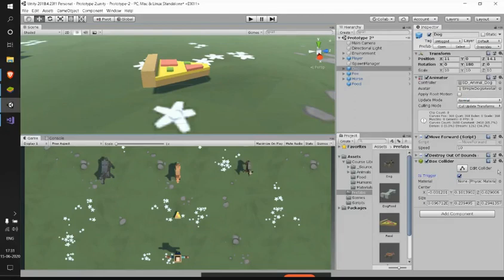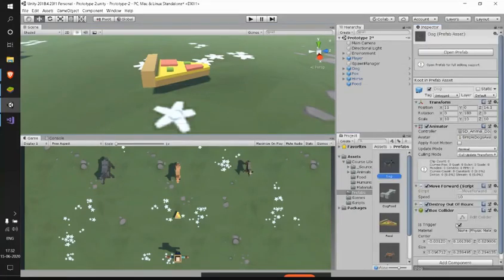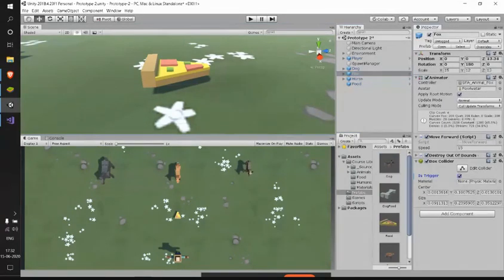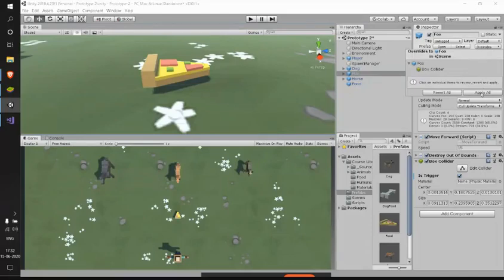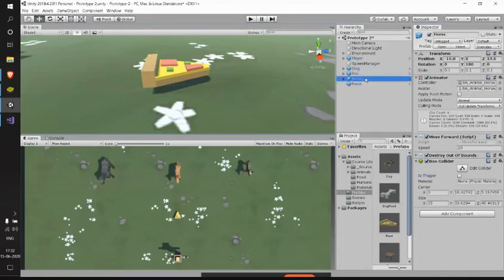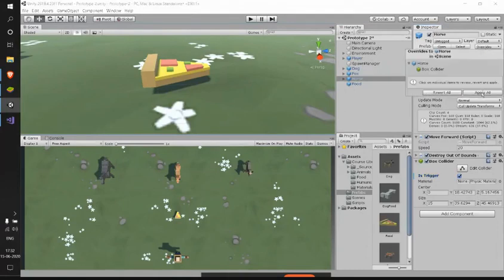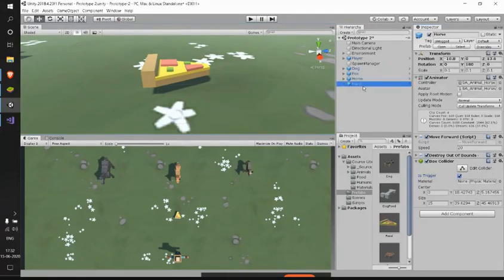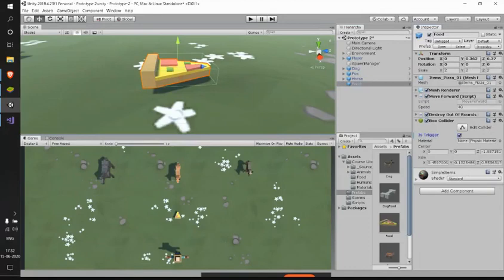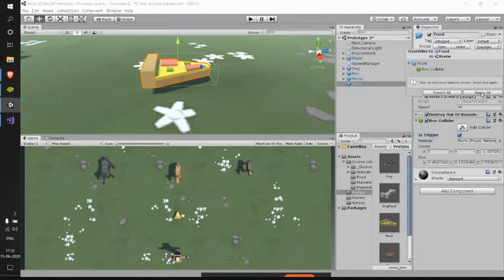Like you made some change here, right? In the box collider you need to apply all so that it reflects in our prefab also. Same with our fox. Just click Is Trigger and override this, apply all. Coming to horse, check Is Trigger, click apply all. Coming to our food, do the same thing, Is Trigger, apply all.